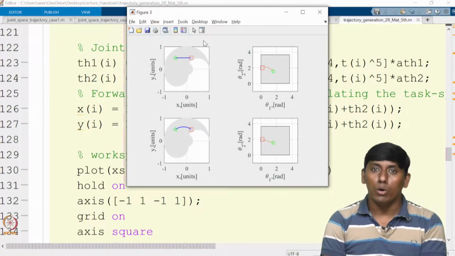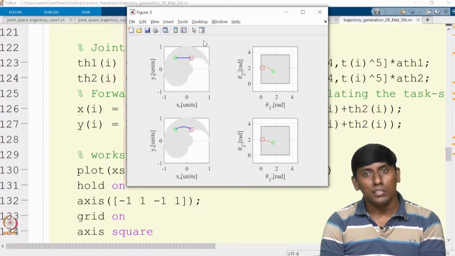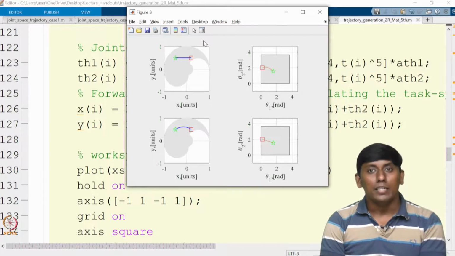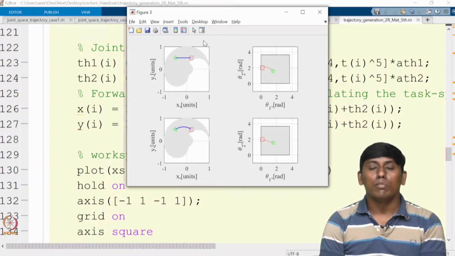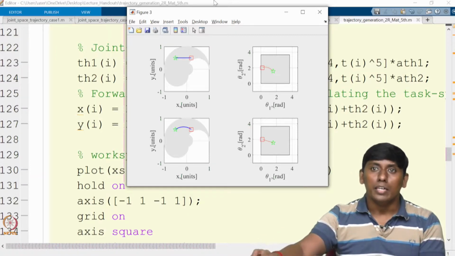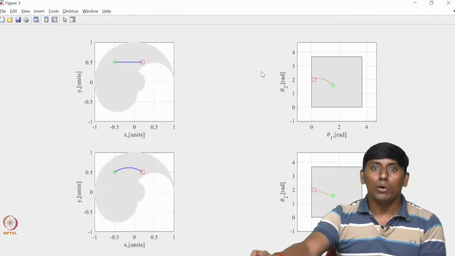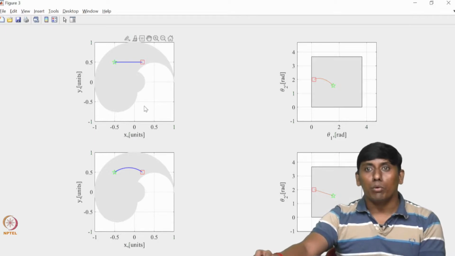So now I hope you are clear on how to find the workspace, how to get the task space trajectory and joint space trajectory, and if one is failing, can we use the second one, or which is beneficial and in what instance it is beneficial. All those things you can look at. However, the task space trajectory is always better. However, you can avoid certain constrained points, because that will give more realistic results in real time. Sometimes workspace we always see only in the task space, but the workspace we can even realize in the joint space.